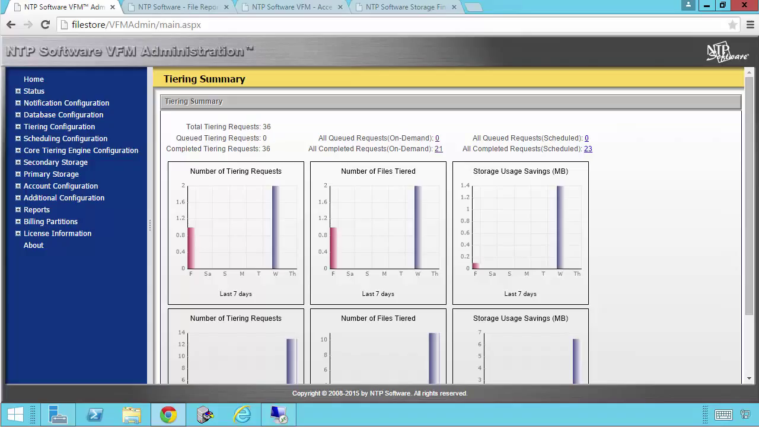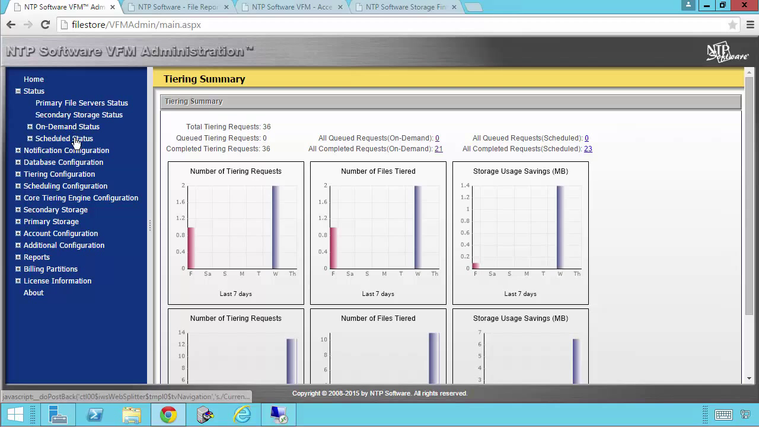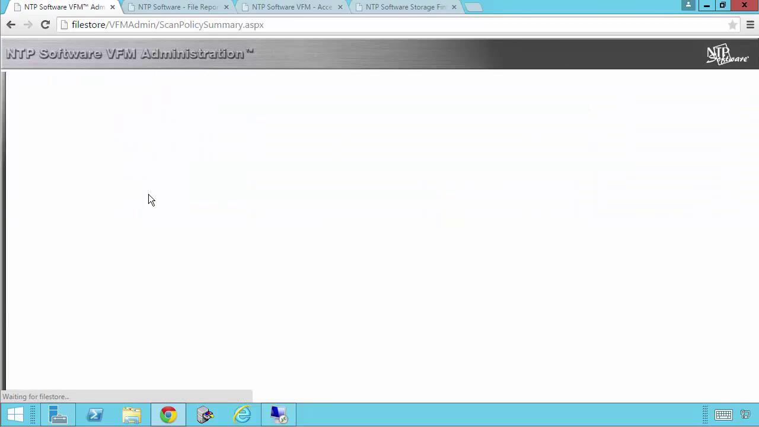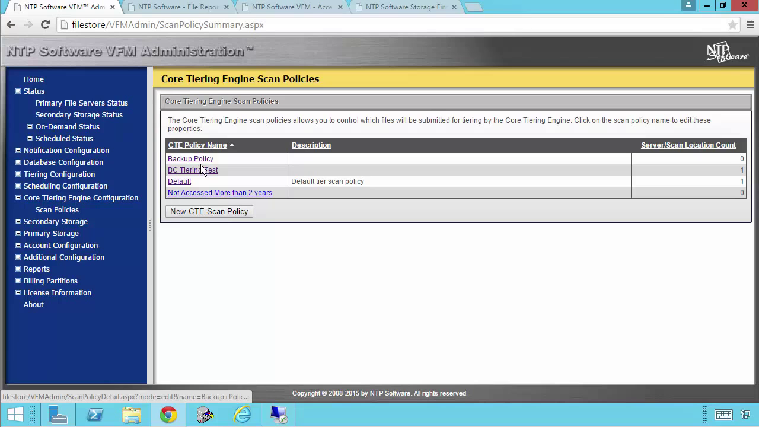Now, as you see in the main VFM administrative web screen, we do have quite a bit that we can do straight from this one interface. Everything from monitoring the status of all data being tiered and rehydrated, whether that data is being requested to be tiered via right-click archiving, which is our manual archiving, which I'll show you in the demonstration here, or whether that's being done by our core tiering engine, which is a policy-based engine that will go through the designated primary tier